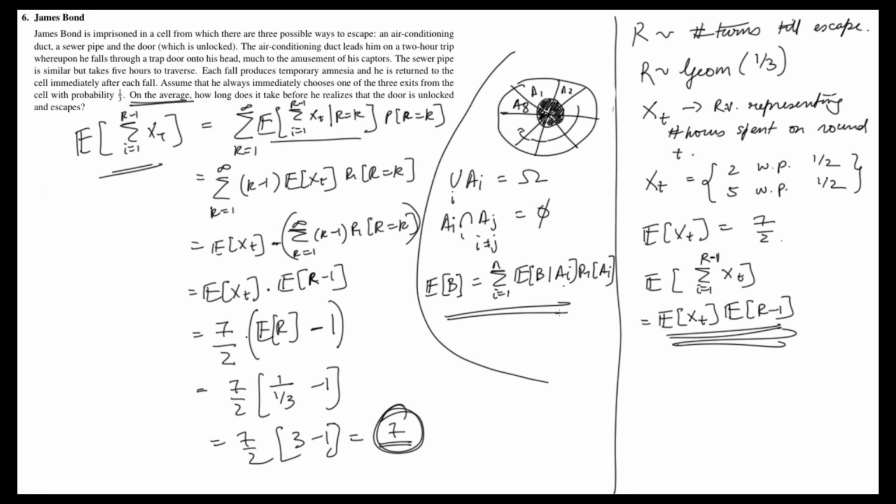And since you haven't seen conditional expectation yet, I don't think you have, maybe you have, the other proof would have definitely been simpler. But I just gave this because maybe you would think that I don't get why you could just multiply expectations like that without using the formula for expectation. So I decided to put down this proof too, which I guess uses formulas which you're slightly more used to. Yeah, that's about it for question 6.